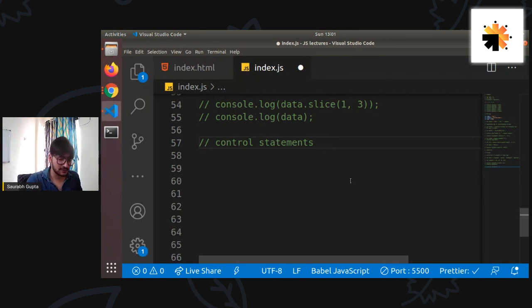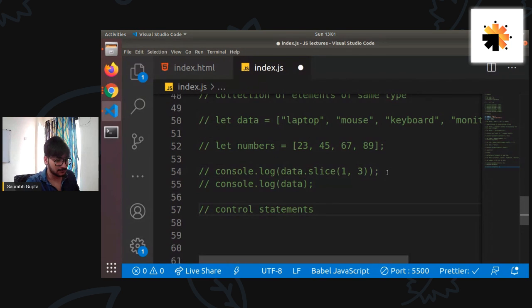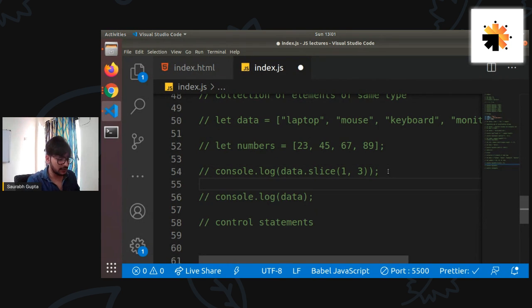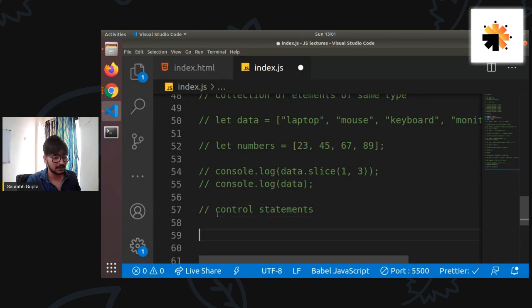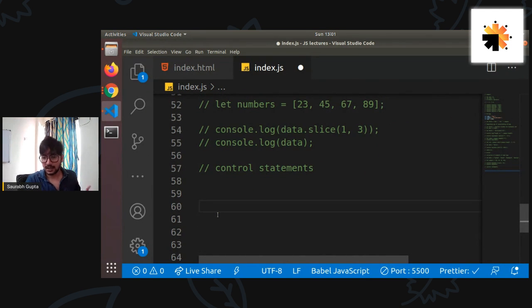Yes, we can also work with splice. I wanted to show it in future. I will get back to splice, don't worry about it. We'll get back to splice in some time because I want to show some example, some kind of assignment that you want to do with splice. I'll explain splice. So let's first move on to the control statements